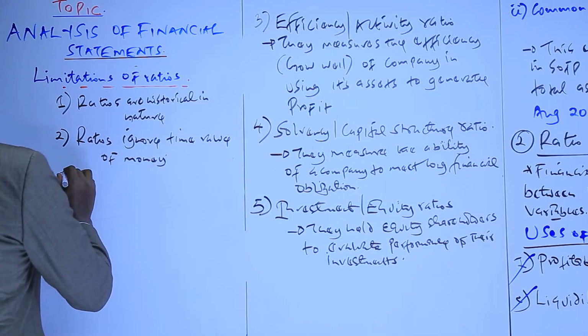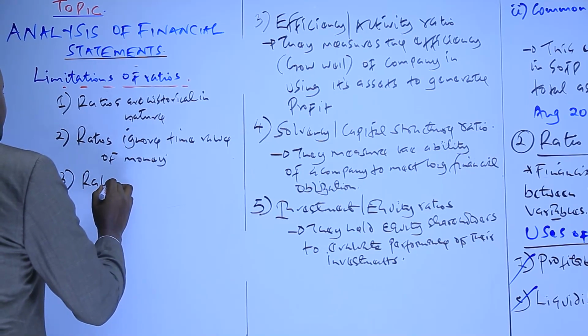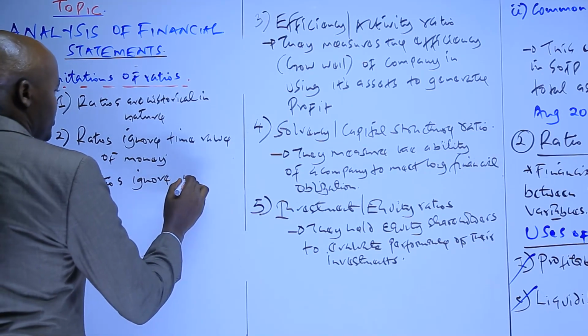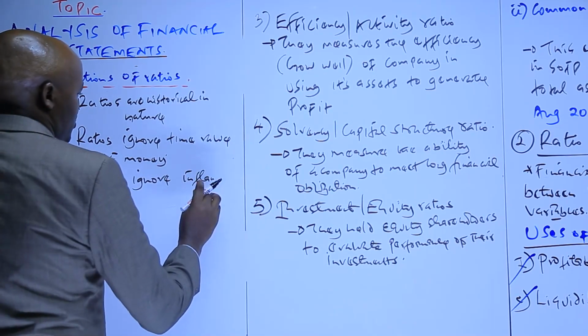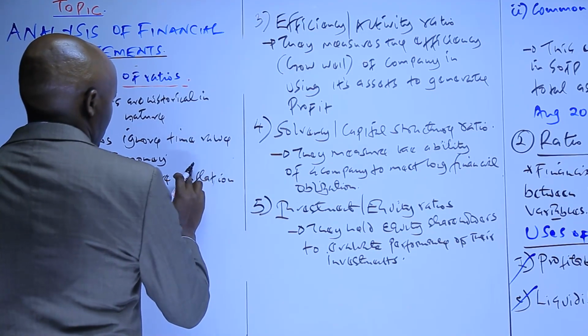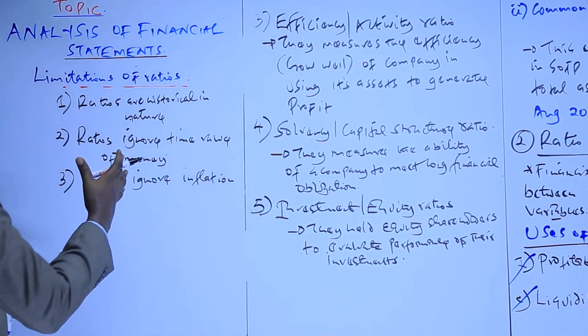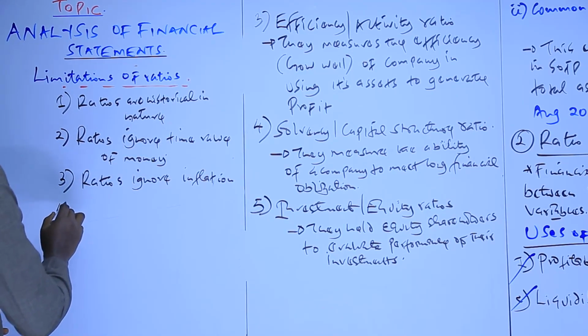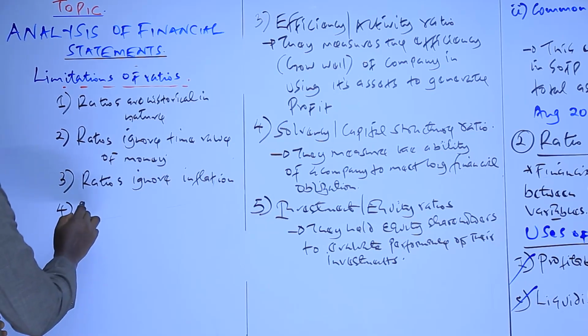Of money. On the other hand, we say ratios also ignore inflation. Also ignore what? Inflation. Ratios do not have any consideration as far as the changes in the prices of goods and services is concerned. Number 4 is that ratios